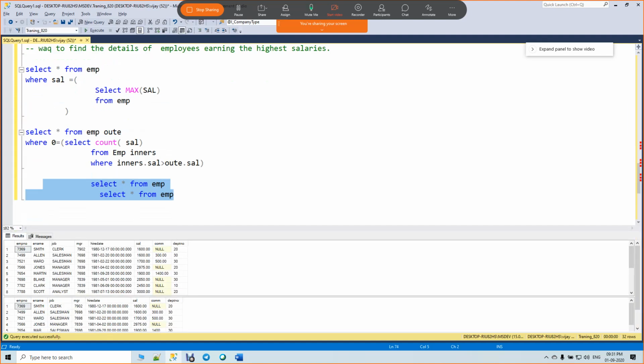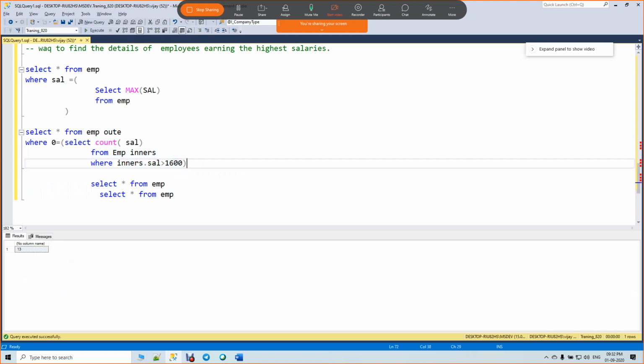For each and every record, you took the first record and its salary, 1600. For each record in your inner query, 1600 greater than 1600. Getting your point? If we have 1600 here, how much count will it return?